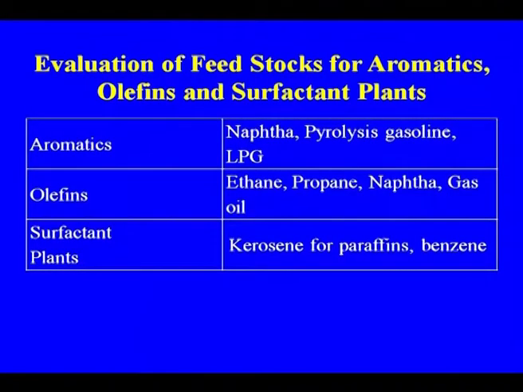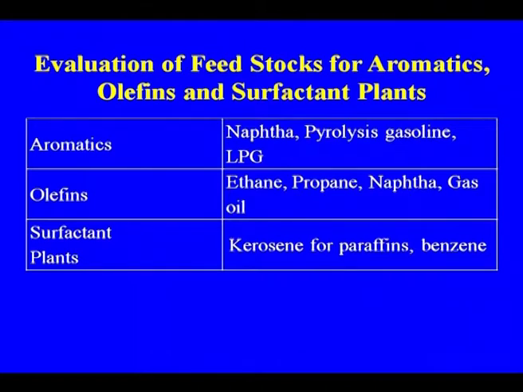For aromatics production, the same catalytic reforming process is used, and the feeds are naphtha, pyrolysis gasoline which we get from the cracker plant, especially the naphtha cracker, and LPG, because process technology is available from LPG to aromatics. Then for olefins, ethane, propane, naphtha and gas oil are the raw materials we use for the production